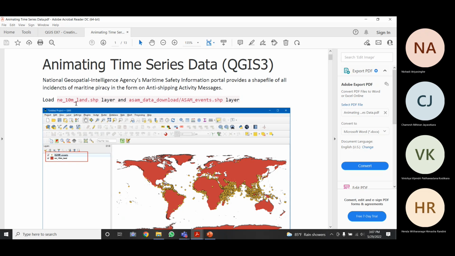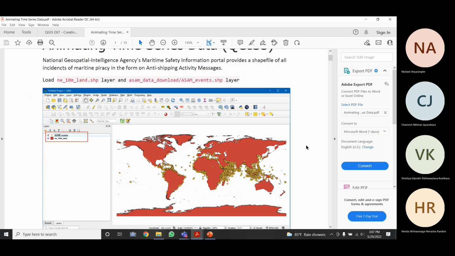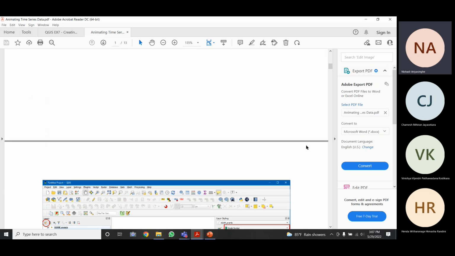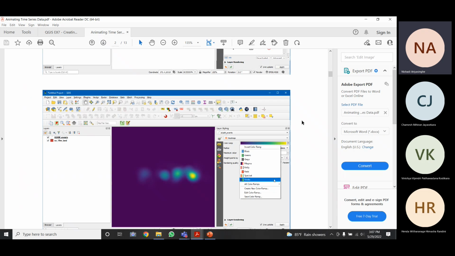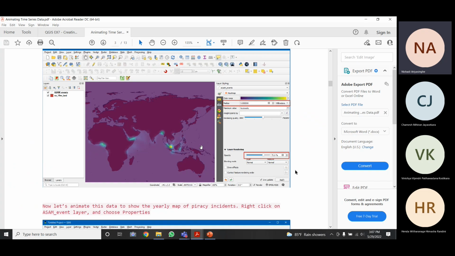These two shape files also I have given you. The folder which includes these shape files I have sent you, so you can use them in your map, and you can animate. So you are creating the heat map in the same manner. Here they are using layer styling to create the heat map. So you can use any color ramp that you like.